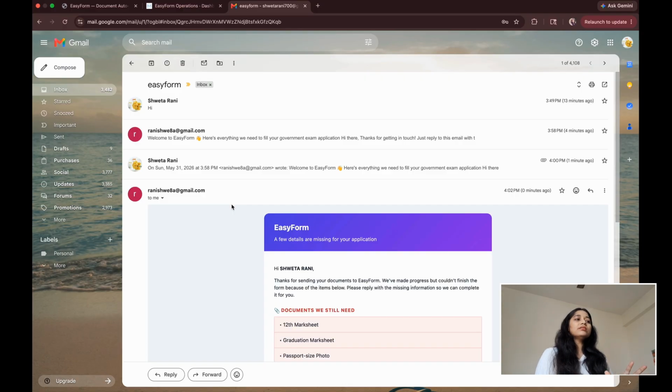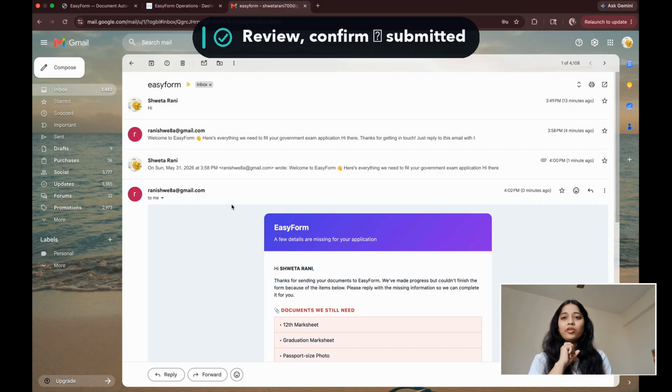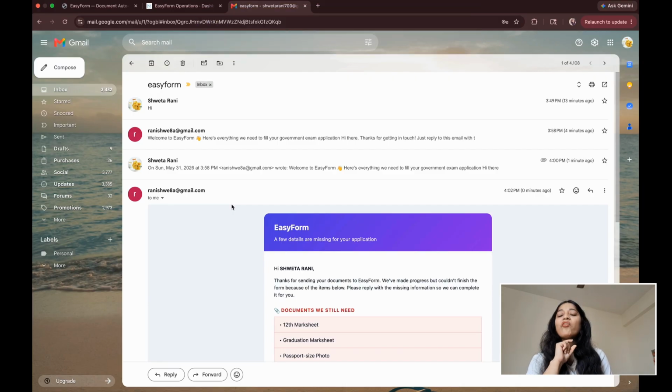And after extraction of all the documents, the agent will confirm once before finalizing your details and storing them in the database. When you confirm, it will finally save all the details in the database. So here it is. You can check this out by sending mail to shweta@gmail.com, and you can fork it and build your own specialized version, like a medical application, college admission, or visa form, etc. So let's check it out and